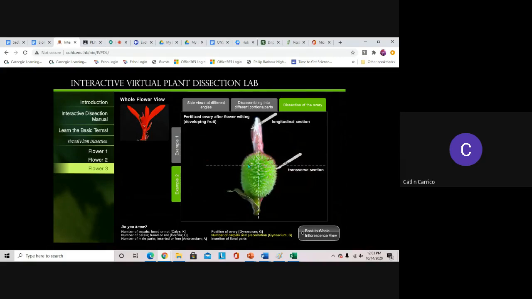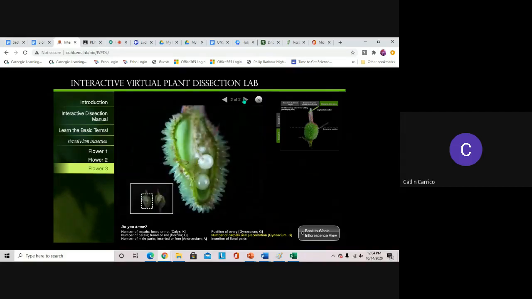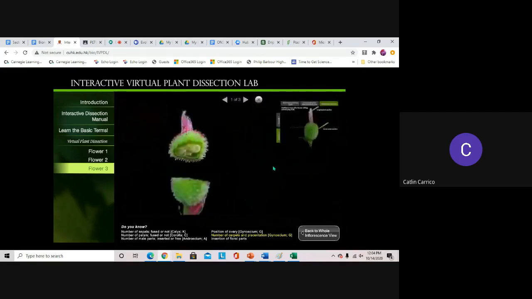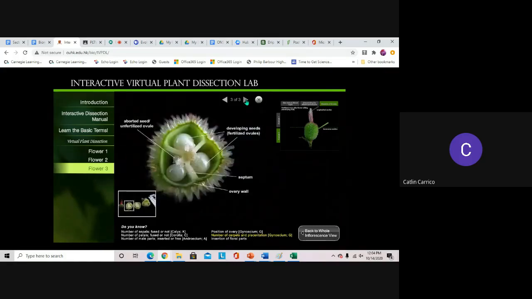This is a fertilized ovary after flower wilting. If we were to cut that, now we can see the differences in the seeds. Here we have the sepal, we have the bract, and here are our ovules that have now been fertilized. Cut it again, and we can see the seeds are fuller, they're starting to get more broad. You can see the difference between them. These still aren't fully mature seeds. They would be a different color, but they are fuller. They're developing into a